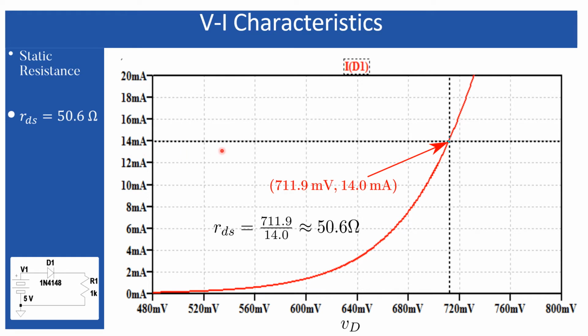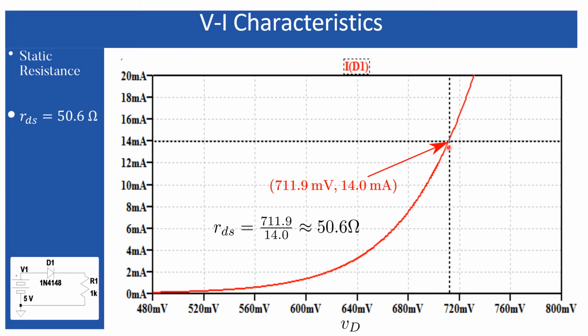Now, if I draw a straight line through the 14 milliampere value, it will intersect the VI characteristics at a certain point. If I draw another straight line vertically through that point, it will touch the x-axis at a certain point, and since the x-axis represents the voltage across the diode, the value at this point is nothing but the voltage across the diode, or the voltage consumed by the diode when the circuit current is 14 milliampere.